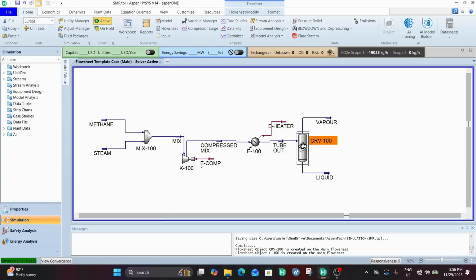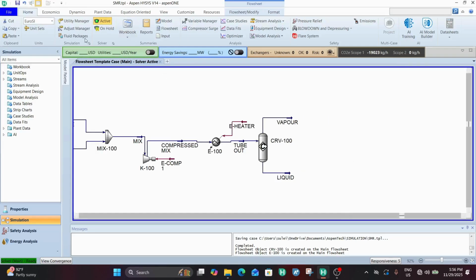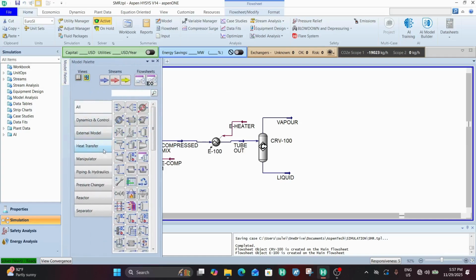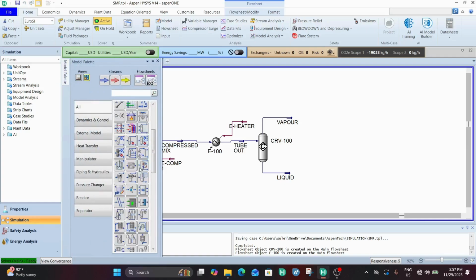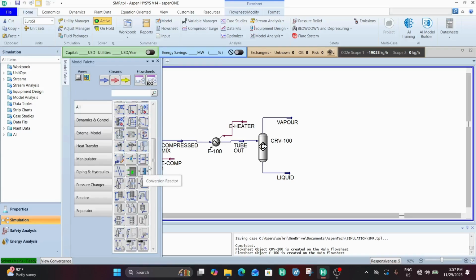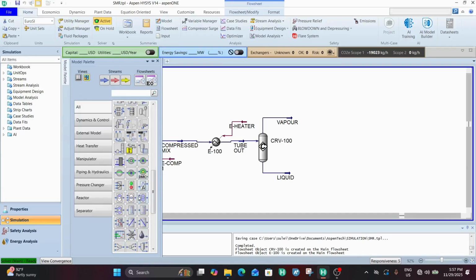Fix this up. So with respect to the separation, we're just going to carry out some condensation and knockouts. And for that, we're going to be using an air cooler and a knockout drum, where we use our air cooler to condense our gases into liquids, and then we use a knockout drum to separate the gas from the liquid. We haven't used an air cooler in all our previous content. So an air cooler,